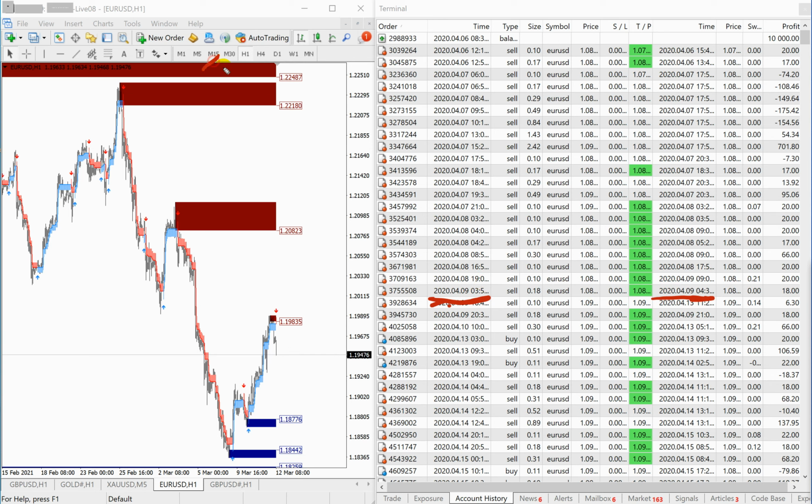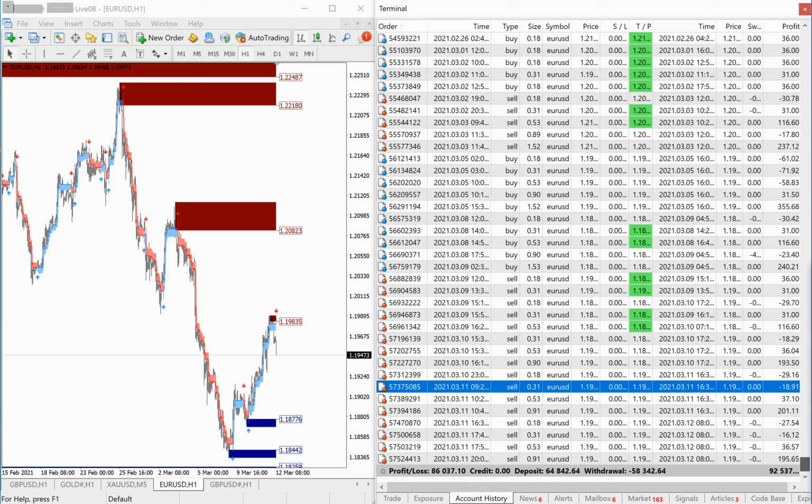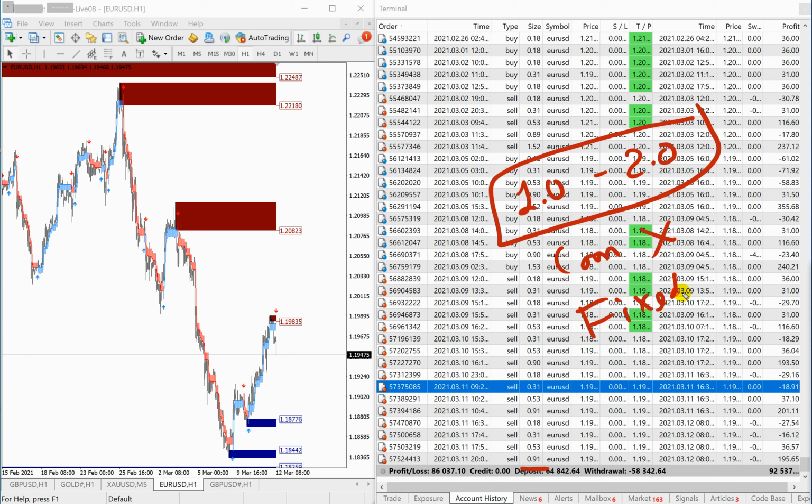We use M15, M30 and H1 time frames to place the trades on this account in Euro USD as per the buy or sell indication shown by our multiple in one trend indicator and our support and demand indicator. The lot size on this account is 1. You can see that it's maintained to be 1. Now I'm moving down and checking the lot size, and it's been 0.91. So we are trading here with a lot size of 1 to 2.0 maximum. Compounding is not used and just fixed lot size trading is being done in this account.